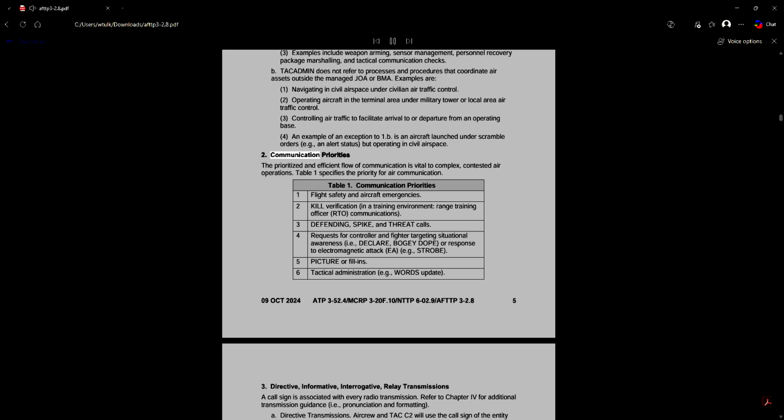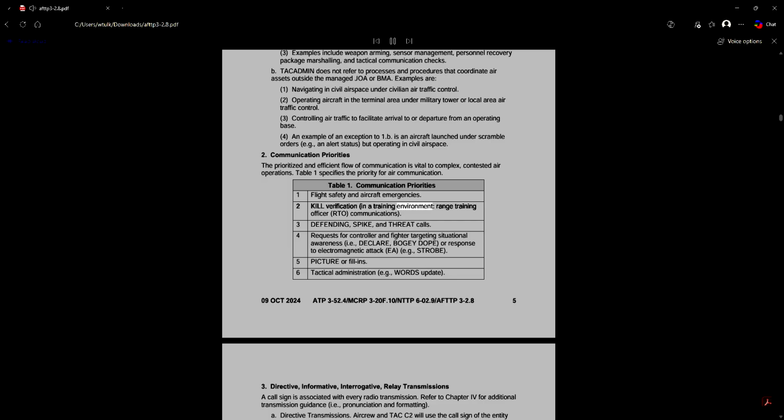2. Communication priorities. The prioritized and efficient flow of communication is vital to complex, contested air operations. Table 1 specifies the priority for air communication. Table 1. Communication priorities: 1. Flight safety and aircraft emergencies. 2. Kill verification.